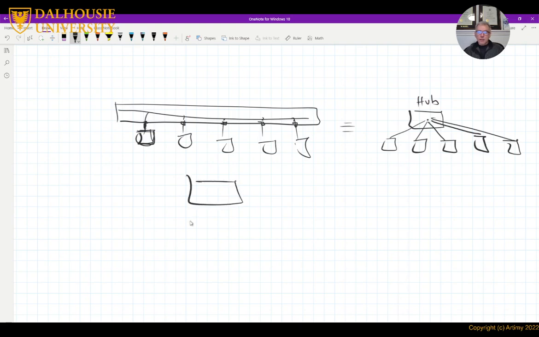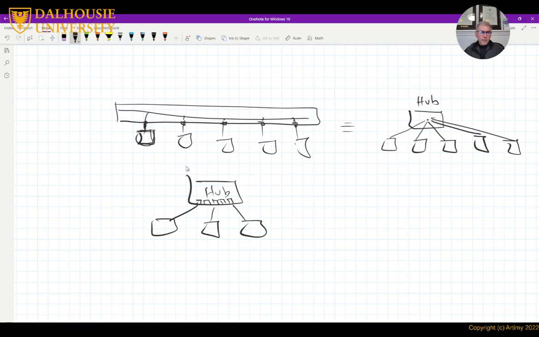So now I can install a hub somewhere in the network, and then instead of breaking the cable and disconnecting the network every time I want to add a node, there are ports in the hub, and I can just connect the nodes that I want anytime I want them without disrupting the network.